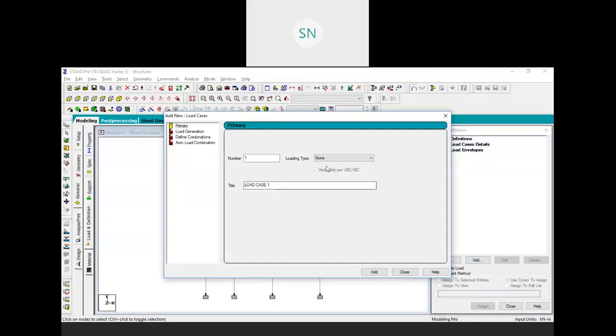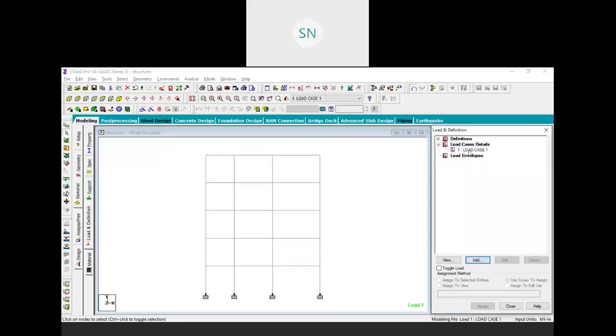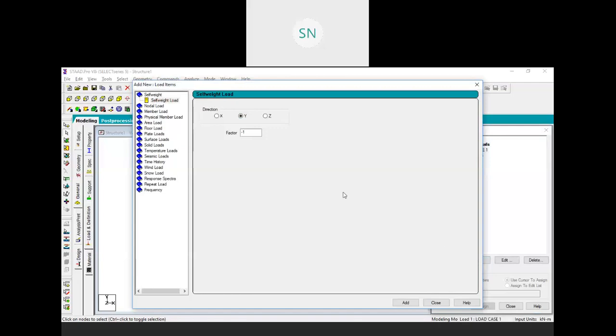where our loading type is none. Right now I am not using any loading type. You will get the idea about loading type in today's class, why we use loading type and all, or maybe in our next class where we are going to discuss wind load and earthquake load, right? So here, load case 1, add and close, and in this load case I am going to select a